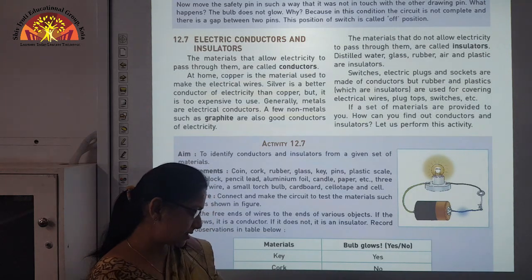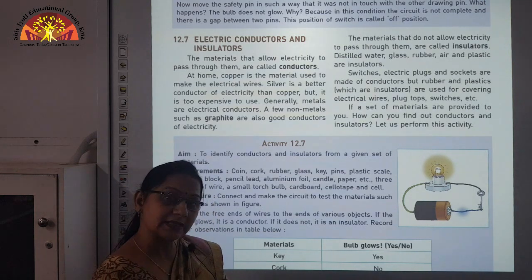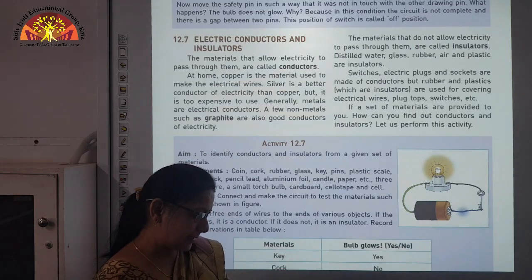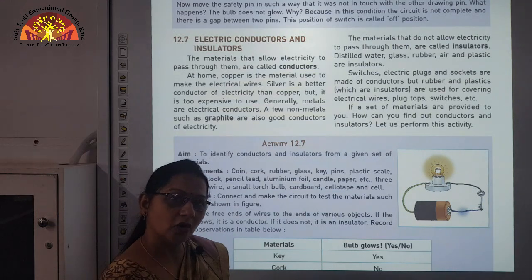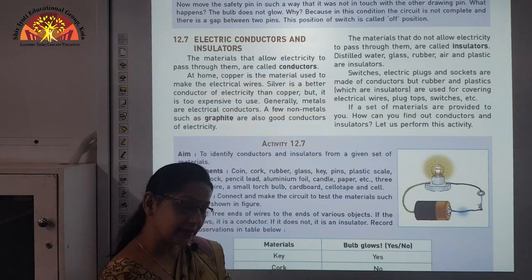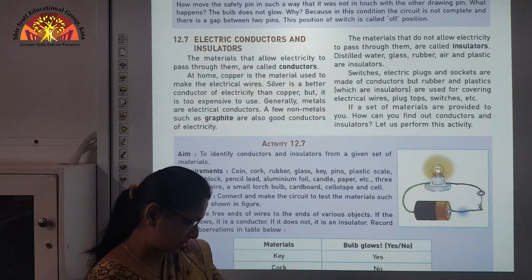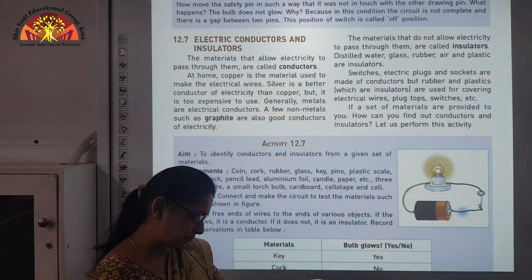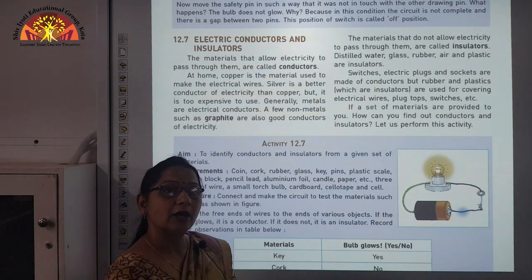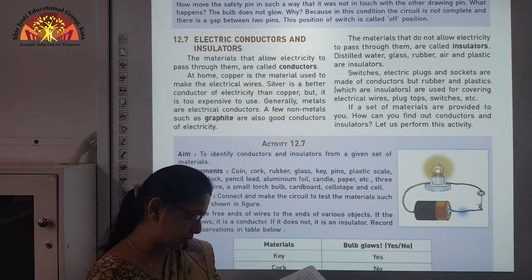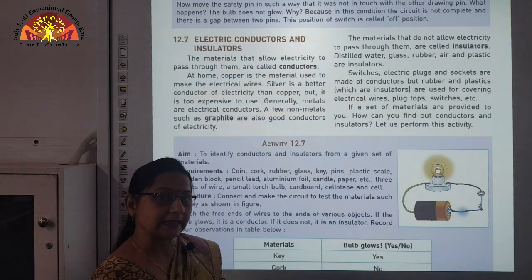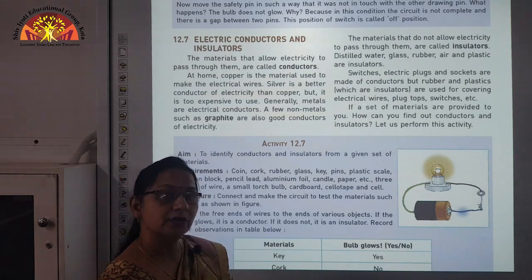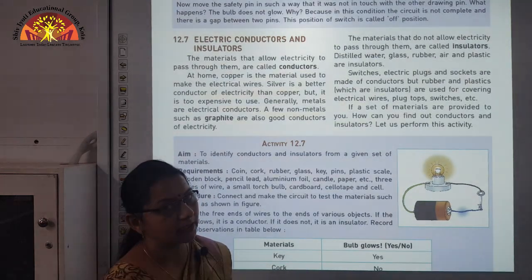The third internal question that we get from page number 178 again is: what do you mean when it is said that an electric circuit is open? You can find the answer on page number 172. The answer is: the path for current flow is broken. If the path is broken, we call it open. The electric circuit is open if the path for current flow is broken or incomplete.